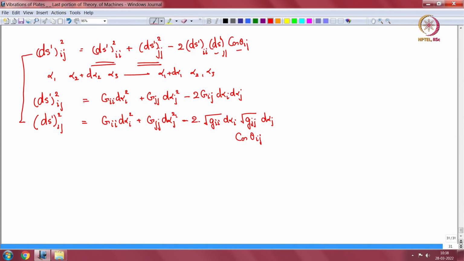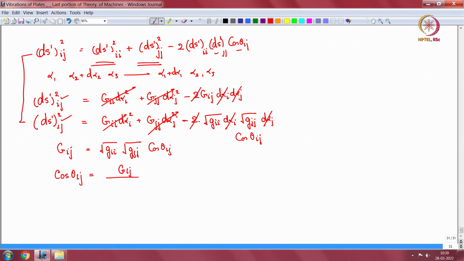So if we equate the two, this and this, this goes away with this, 2 goes away, d alpha_i d alpha_j with d alpha_i d alpha_j, and we are left with, on the left I have g_ij, on the right I have root over g_ii, root over g_jj cos theta_ij, and so cos theta_ij is given by g_ij by,